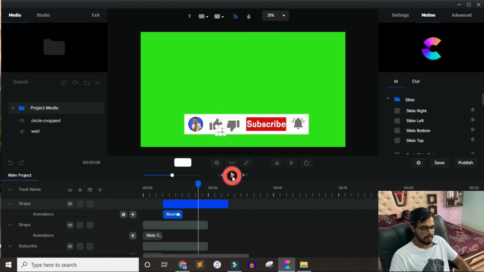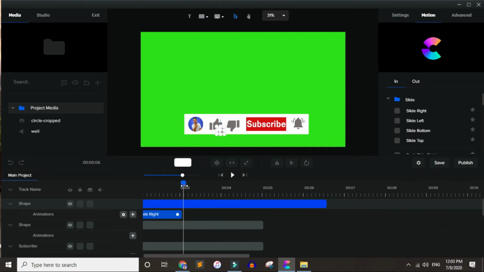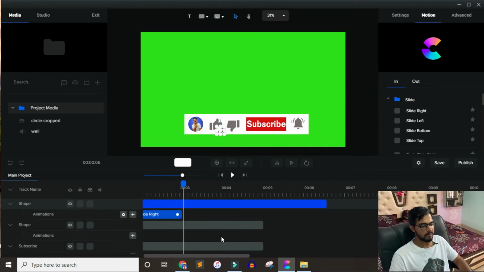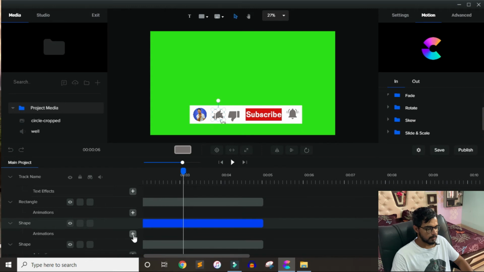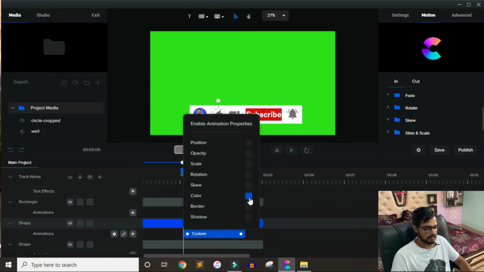Okay, and when it arrives on the like, as you can see, when it's right, I want to change the color of that like icon. So for the other thing, I will click on that plus icon and I will select the color.